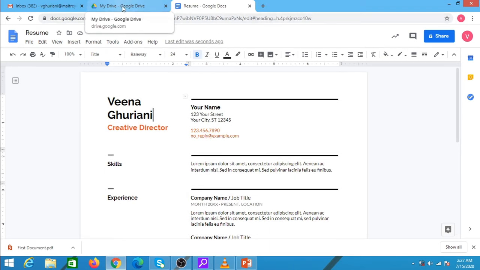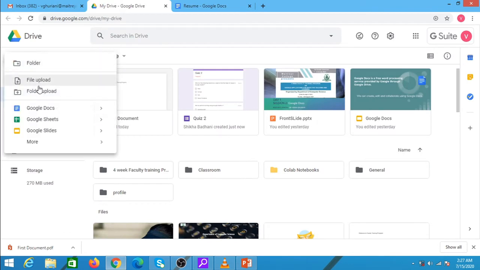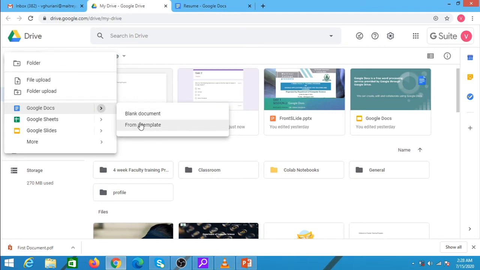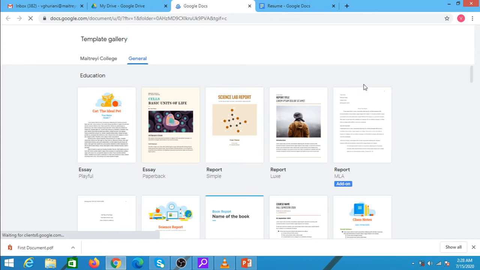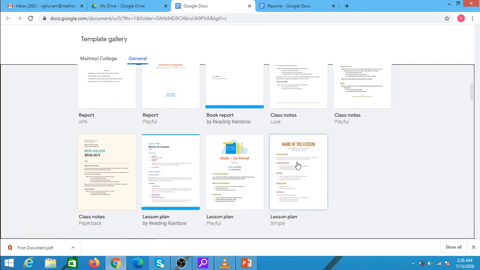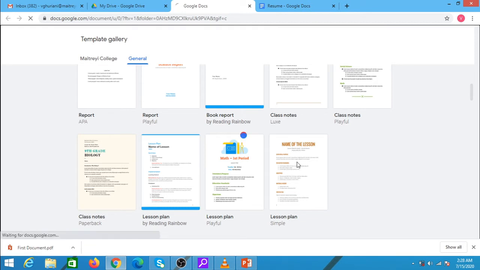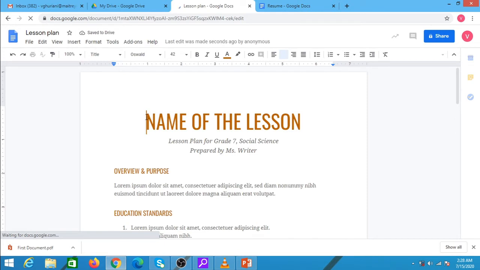I'll be using another template also to demonstrate. In Google Docs, I click on from a template. The template gallery opens. And now I am selecting a template for lesson plan. The selected template appears in the Google document and we can edit any part of this template.